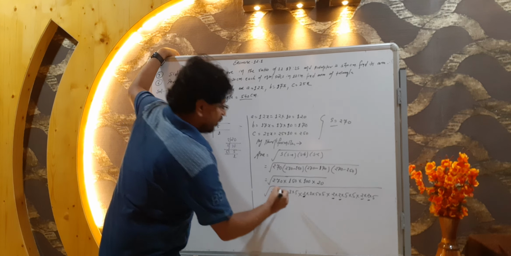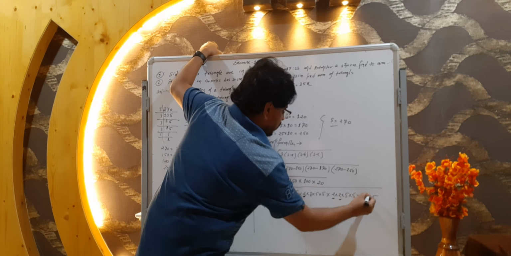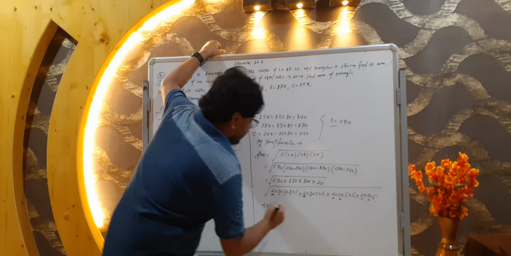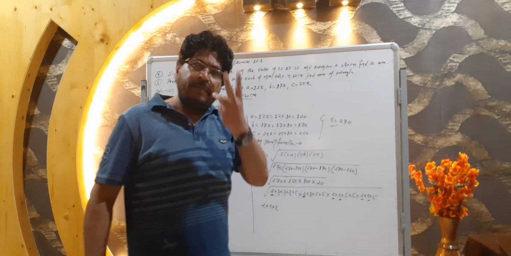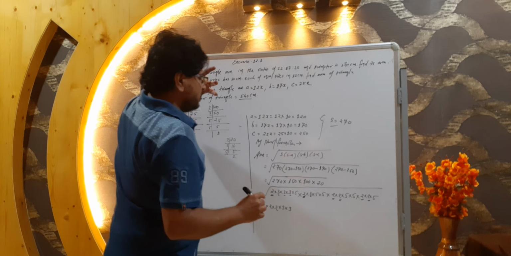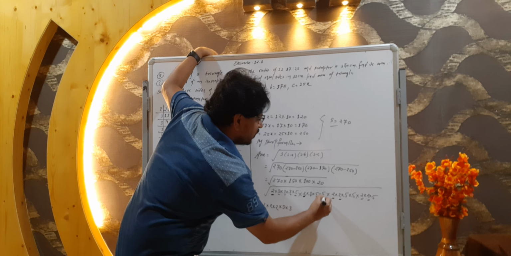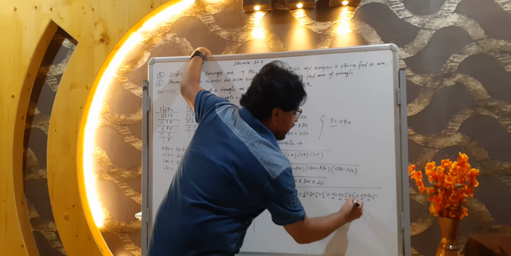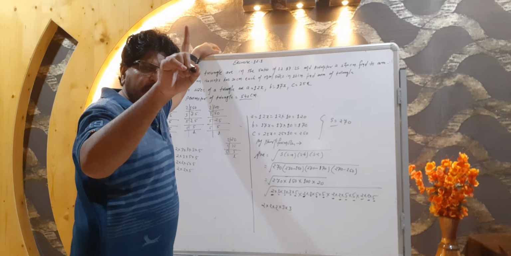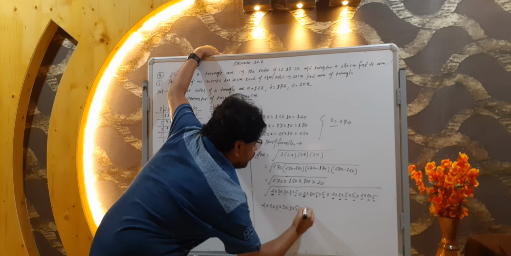Now see 3. 1, 2, 3, 4. Only 4. Once again 1, 2, 3, 4. 4 times. Then how many times do you have to write out of the square root? 2 times. 3 into 3. Now see that 5. 1, 2, 3, 4, 5 and 6. How many times? 6 times. Then how many times will we write out of the square root? 3 times. 5 into 5 into 5.